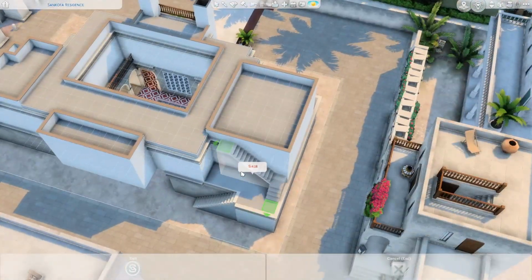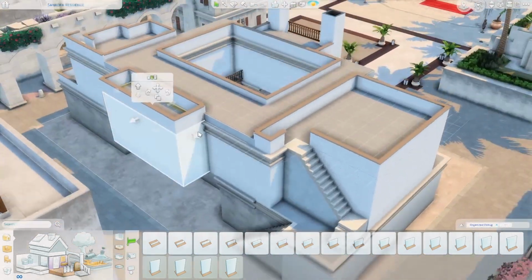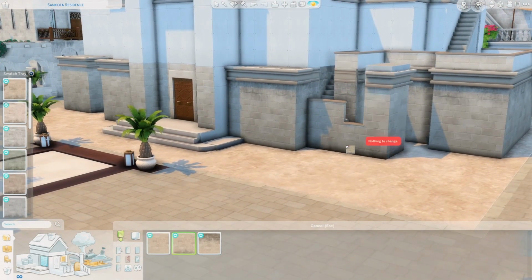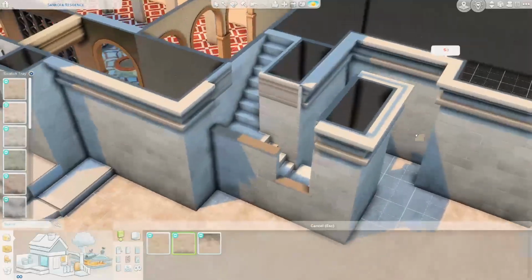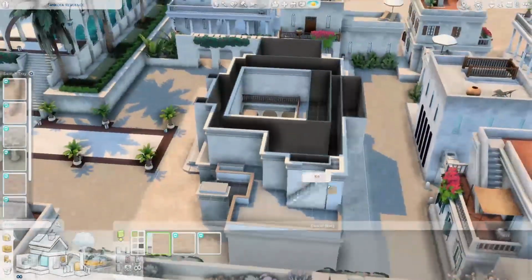And one aspect of this house that I really, really wanted to include, and it's actually the first thing I started from, I kind of worked from the inside out with this build, was this enclosed courtyard-like area. It's pretty common